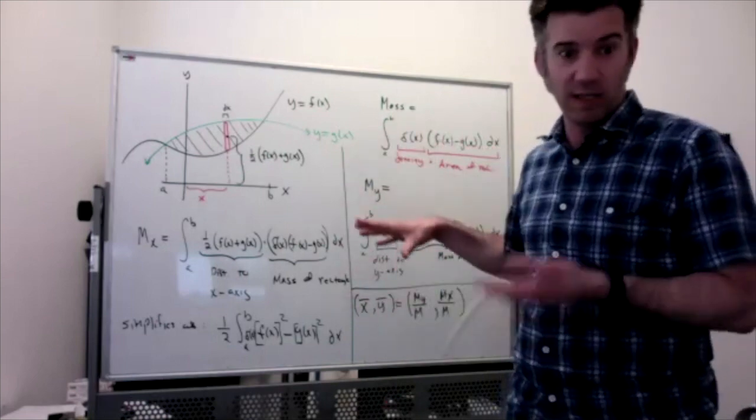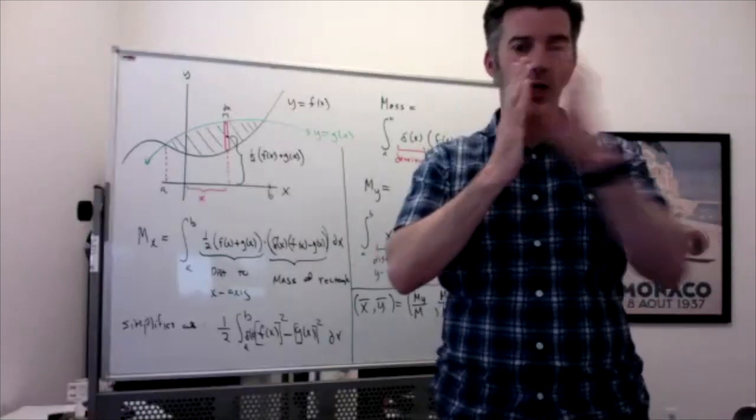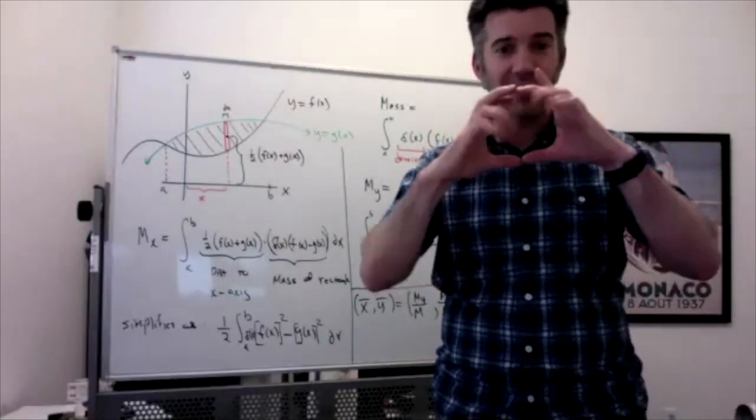Because maybe it's heavier on one side than the other, which wouldn't be the case if a circle was heavier on the right side than the left side, right? In a circle,